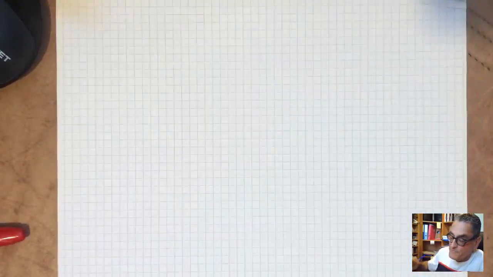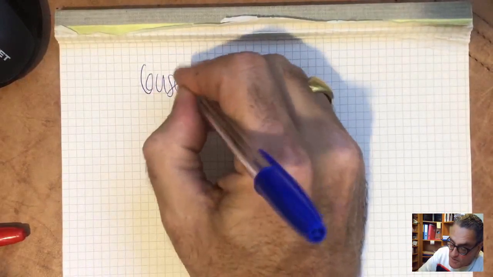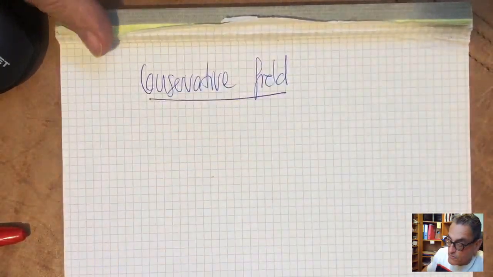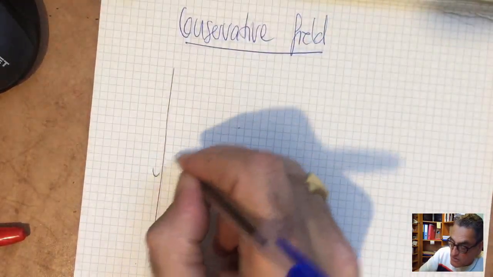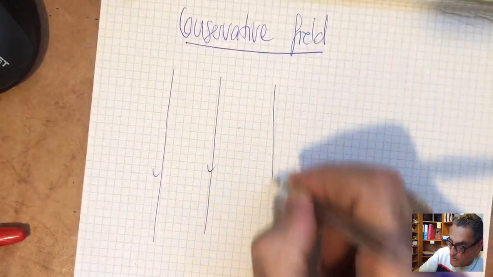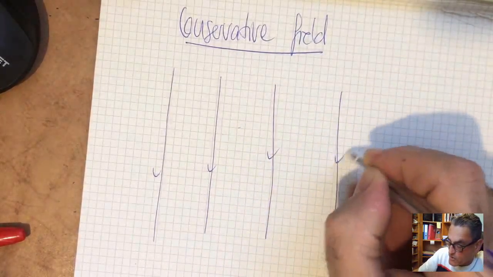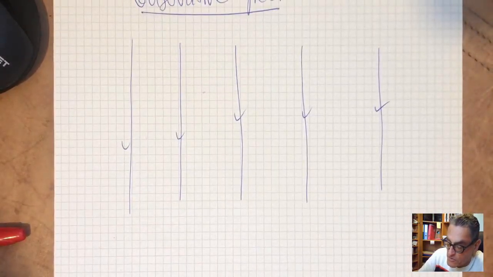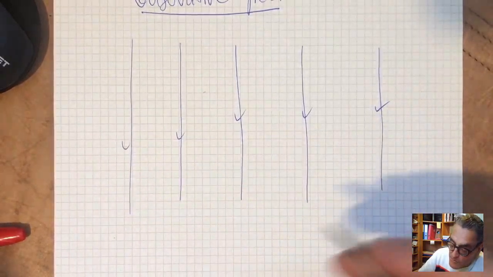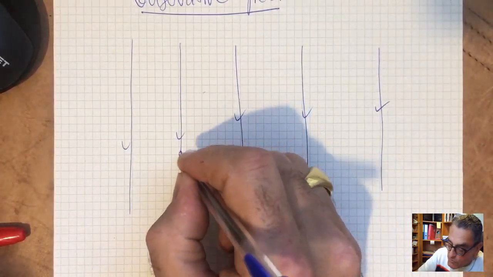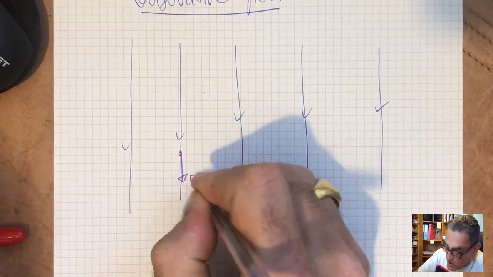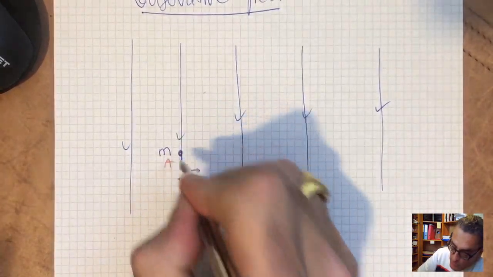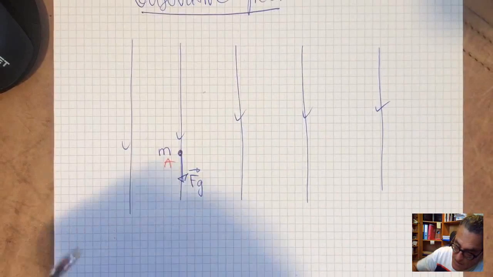And of course it's very nice for us if we have a conservative force field. Let's imagine the gravitational field. I am going to draw the gravitational field like this. You remember we drew, we never did electricity, but the gravitational field is associated to a force which is always acting downwards. Now if I have a mass here at point A, and I want to go to point B, which is up here,